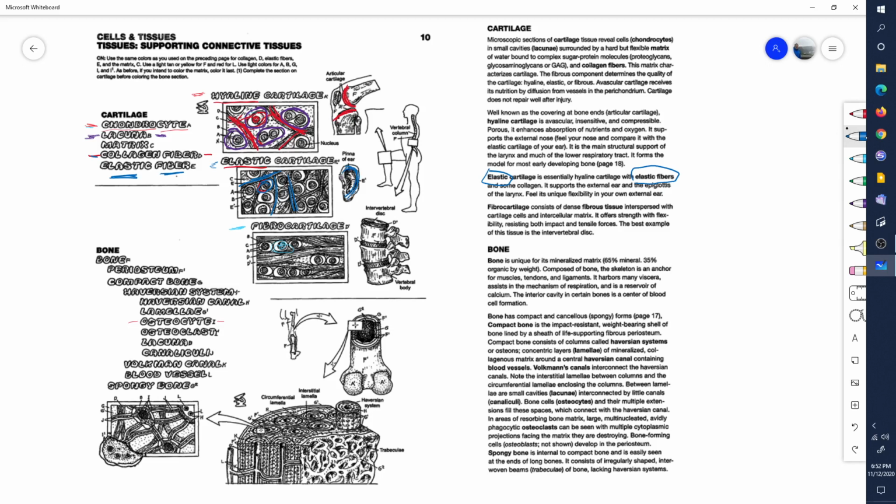It's not overly tough. It's certainly strong, but it's flexible. Why? Because it has these elastic fibers in it that are a little more stretchy and a little less tough. Hyaline cartilage, like it said, is very smooth and very slippery. There's a very thin layer right here on the end of your femur